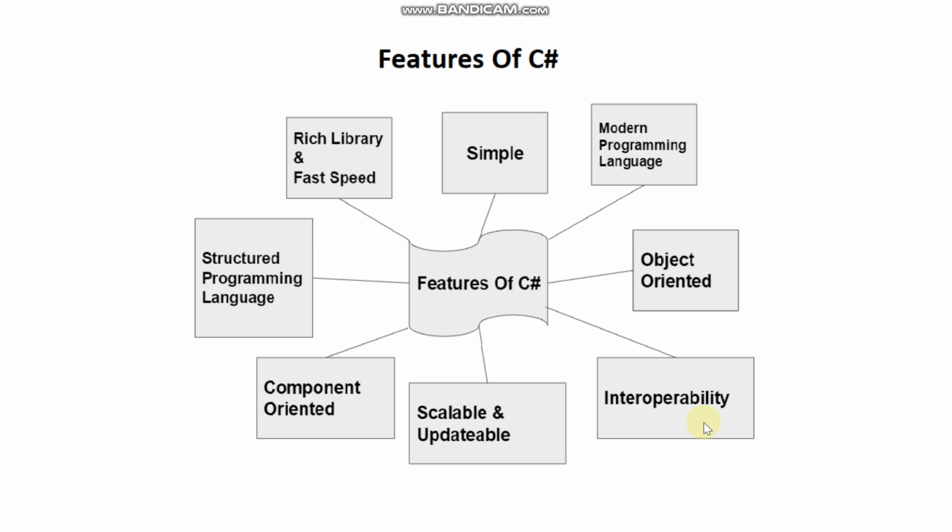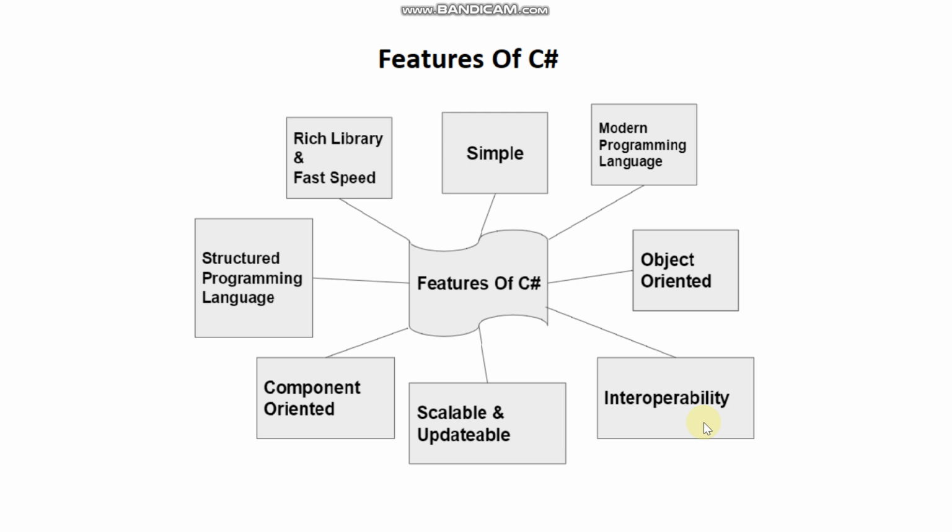Next, component oriented. Component oriented is a predominant software development methodology used to develop more robust and highly scalable applications. That is, it provides separation of the program with respect to the wide range of functionality available throughout the given software system. That means if we have a large scale software system, we can divide or separate that software on the basis of its functionality.